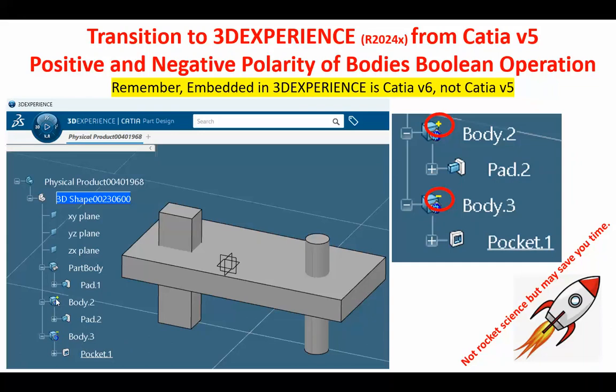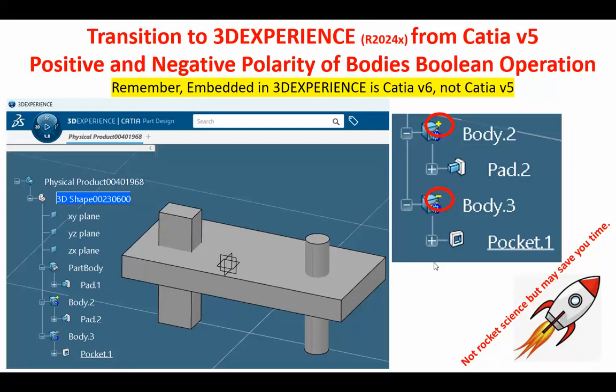This body two, which is a pad, has a plus sign here, which means it has a positive polarity, and this body three, which is actually a pocket, has a minus sign, which means it has a negative